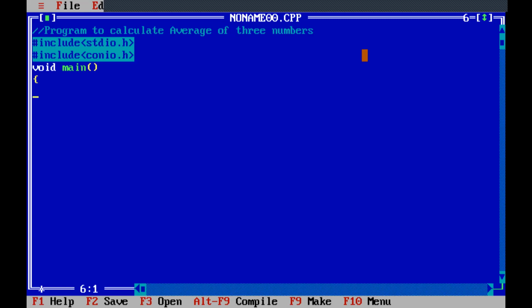To calculate the average of three numbers, first we need three numbers.